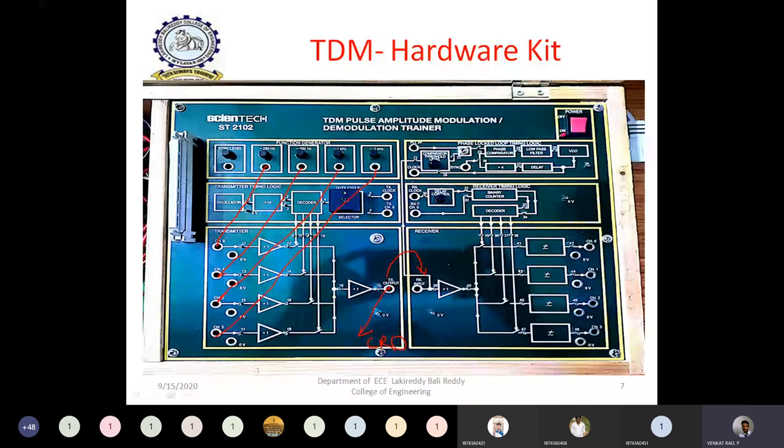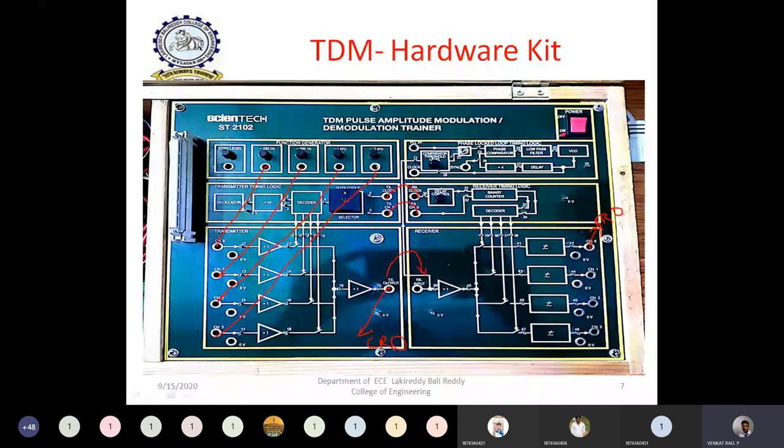So these two blocks will provide the clock signals. Since both transmitter and receiver must have the same synchronized clock, this clock is connected to this point and this clock is also connected to this point. That means both transmitter and receiver sections are operated by the same synchronized clock. Only then will the receiver operate perfectly. After connecting the TDM output to this point, if you observe the different demultiplexer outputs in the CRO individually, then at these particular points you can clearly observe the demultiplexed signals as the original sine waves we are giving as inputs. Is it clear? So this is a very simple process.